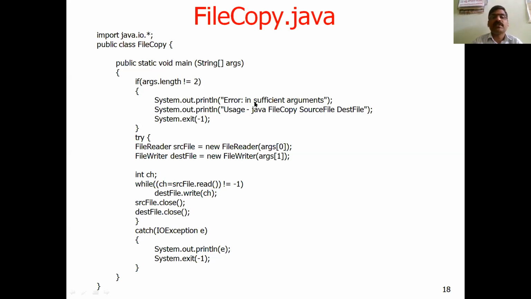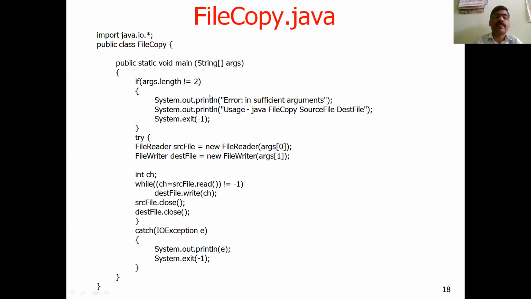So I am displaying the error message, insufficient arguments. Then the usage, how we have to use this program, how we have to run this file copy program: java FileCopy source file name destination file name. So here minimum 2 arguments should be there after this FileCopy. Then System.exit(-1). This is an error we are displaying if you have not supplied a sufficient number of command